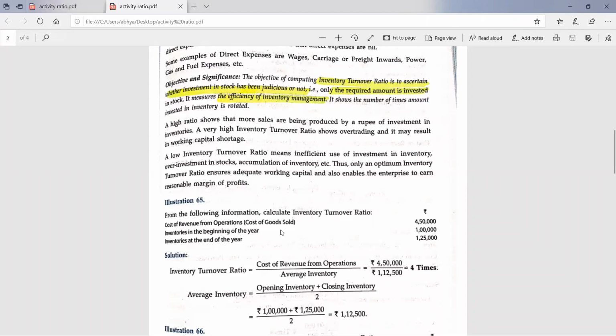of the closing stock. In this manner, just by solving the equations, you need to calculate the inventories. Otherwise, in most of the questions, inventories will be given. If opening inventory is given, then you need to calculate the closing, and if closing is given, then you need to calculate the opening.